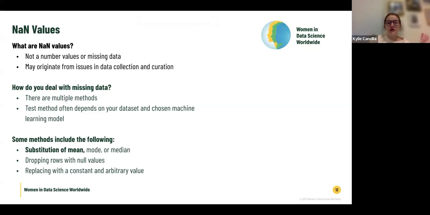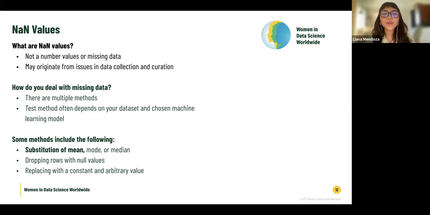So whatever way you process the training data or impute the NA values in the training data, you're going to want to do the same to impute the values in the testing data as well for accurate machine learning models. But yeah, I will pass it on to Leah to explain more about NA values.